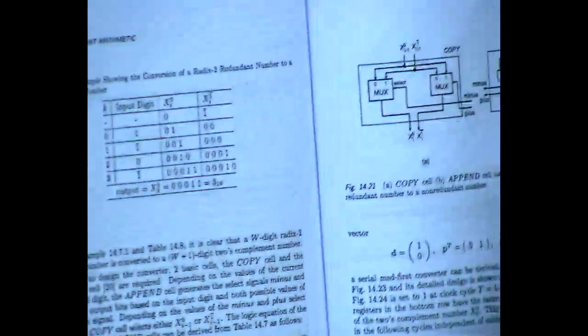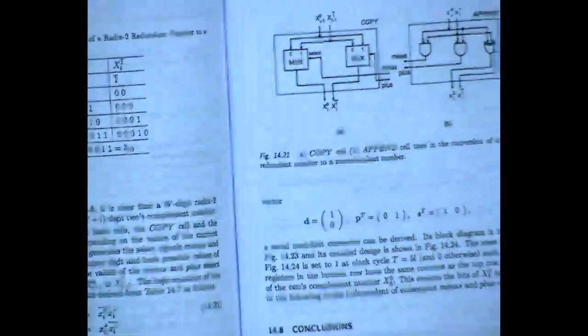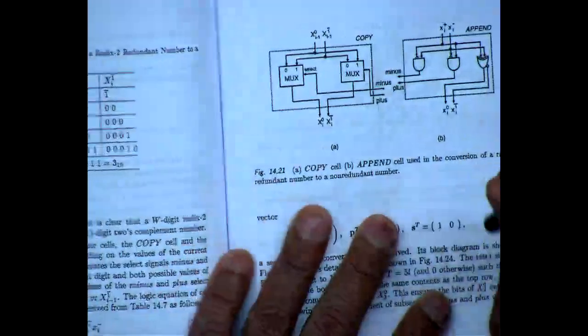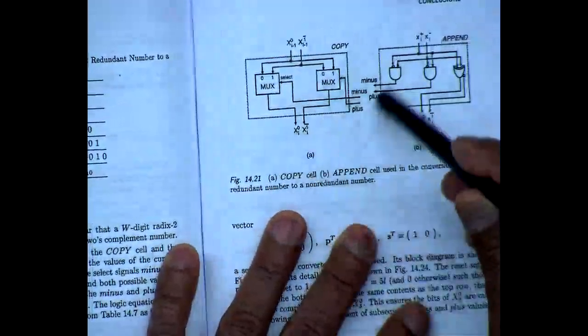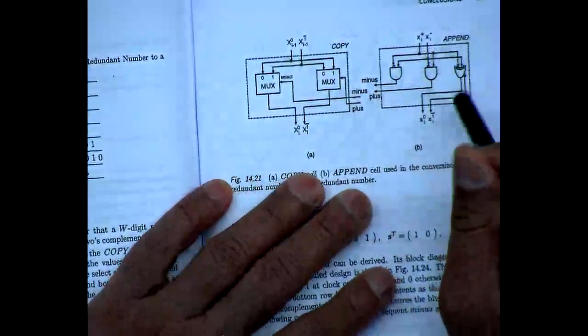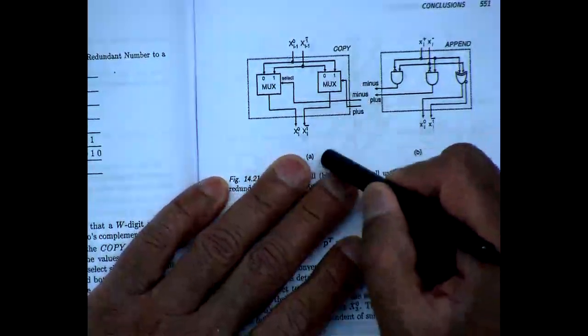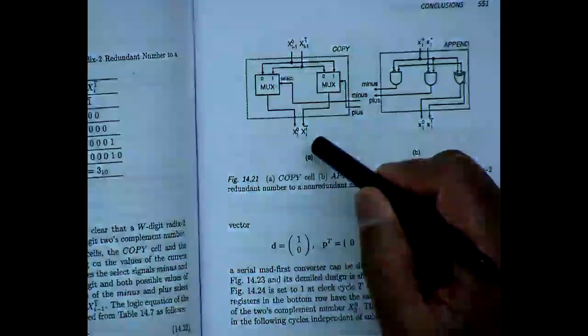So these can be mapped into actual logic design, and we won't go through that. So the way this works, think about what is going on in these two cells, the append and the copy. So this is saying xi